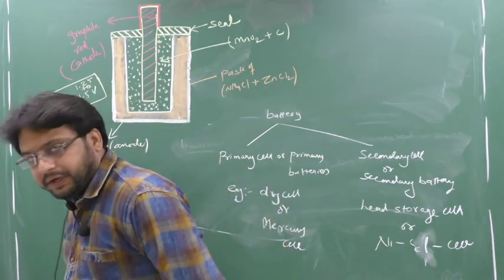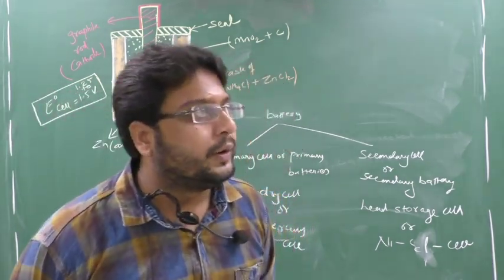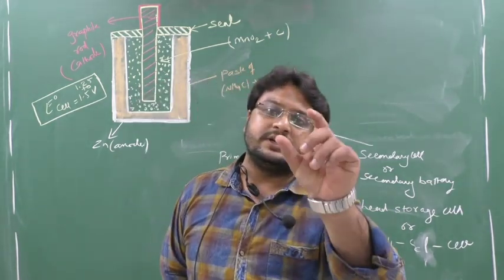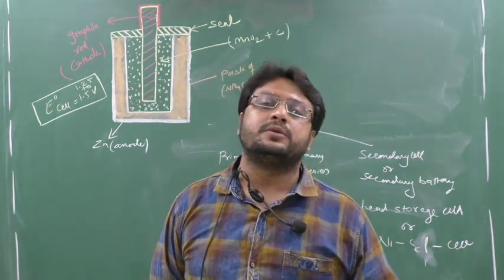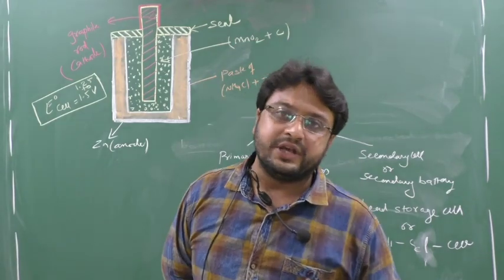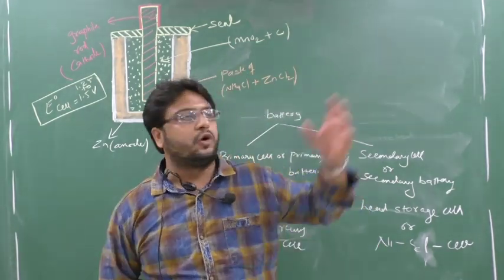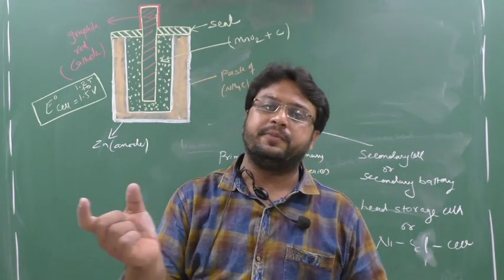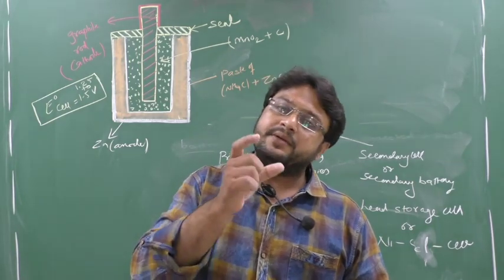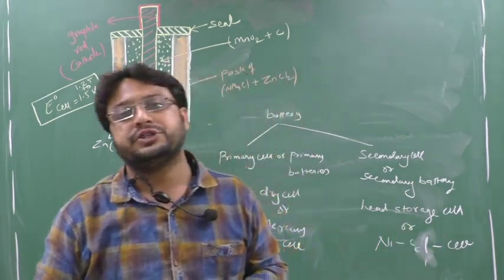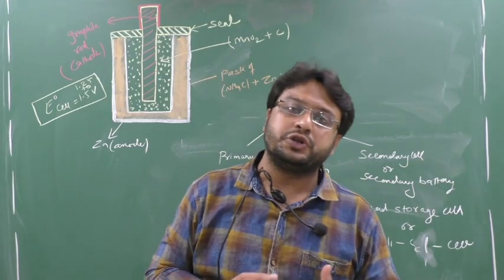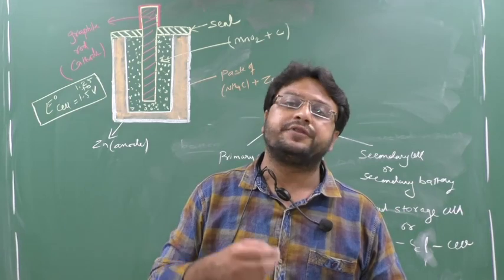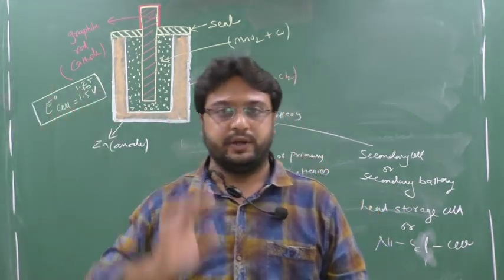See, if I discuss here, at your home you have a wall clock. In that wall clock you will see one cell. After 2-3 months your mother or your father will ask you to change that cell, or they will bring one from the market, because the clock automatically stopped. So we remove that battery, throw it away and fit a new cell. The cell used in your remote control, your watch, your toys, these are all primary cells, because once it is used, we throw it.